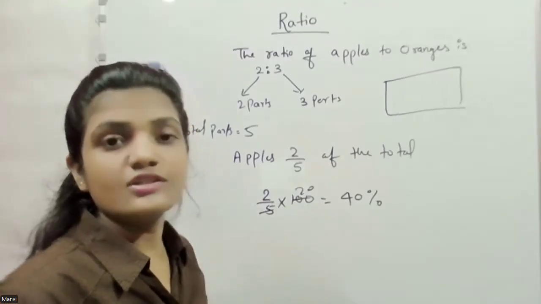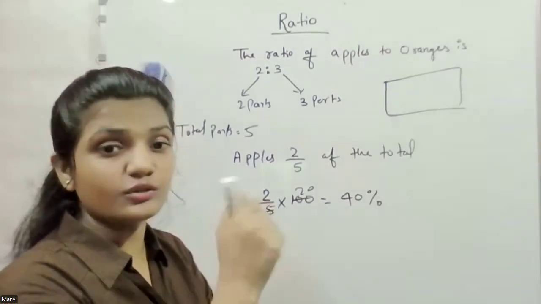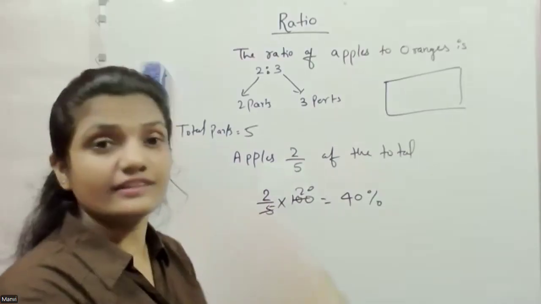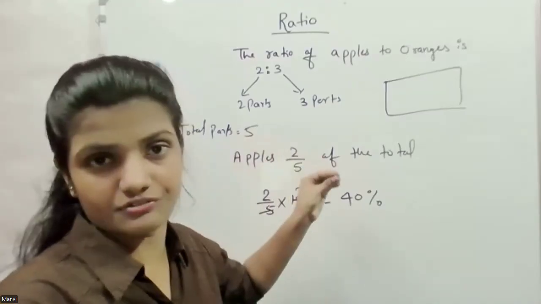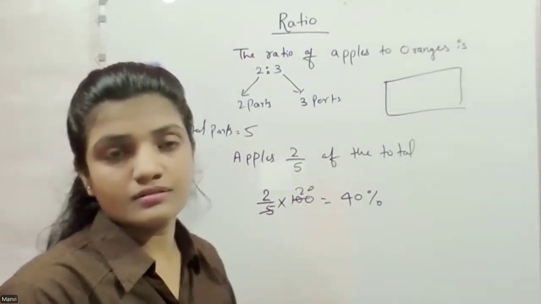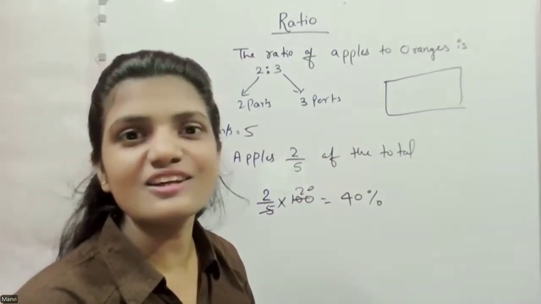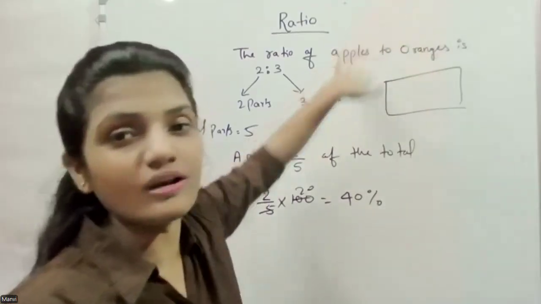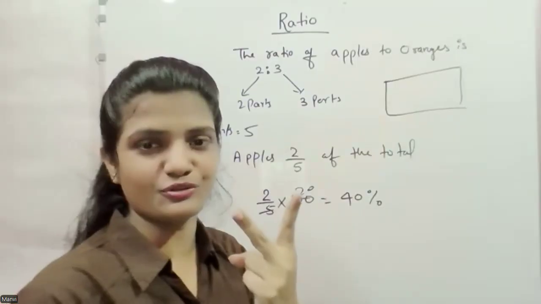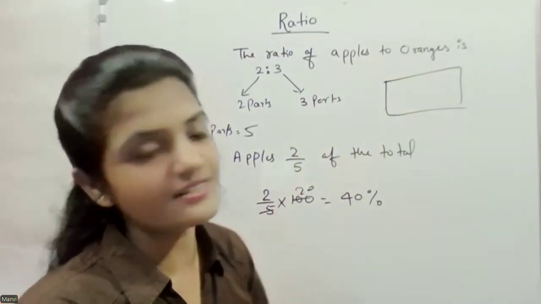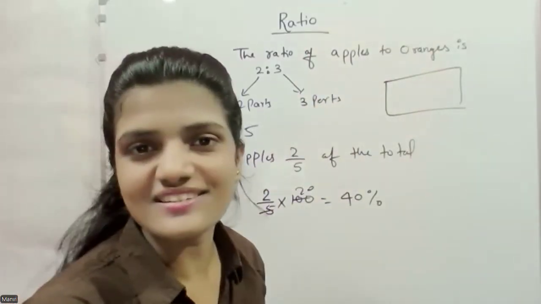For orange, it will be 60. Whenever they ask to convert that into a percentage, first we need to convert that into a fraction, right? Is it 60? Yes, percent. Another way is we know that the whole is always 100%. As here we have just two fruits, apple and orange, and 40% is apple, so 60% must be oranges.